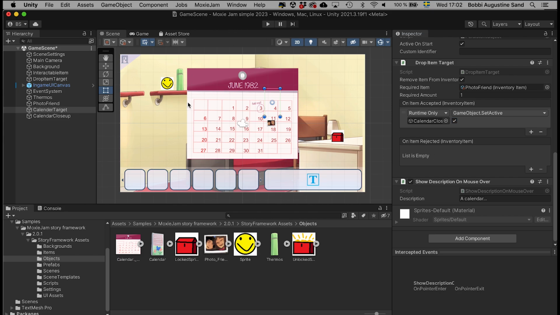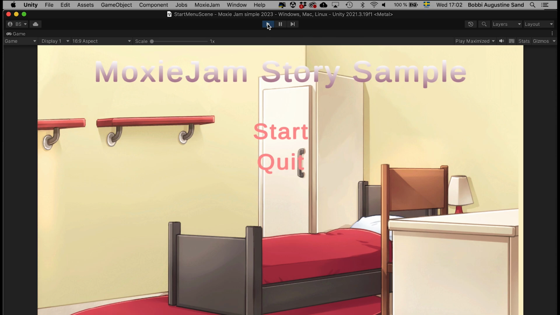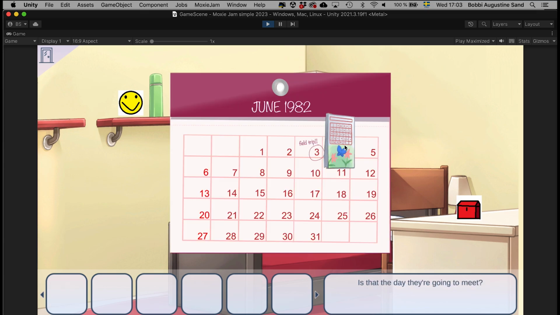So let's see what happens now if we run the game. Let me save first. So once again, we have the calendar, we have the photo. Let's pick up the photo. Let's drag the photo to the calendar. And yes,